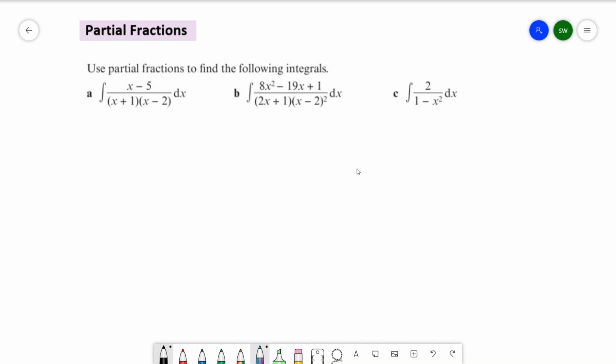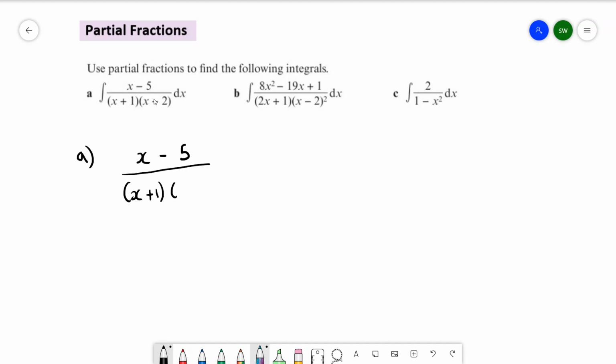This section is all about integrating using partial fractions. You'll notice that all of these integrals in this example are fractions where you've got a polynomial on the top and a polynomial on the bottom. So let's look at A, and our first job with these types of questions is to write the fraction as